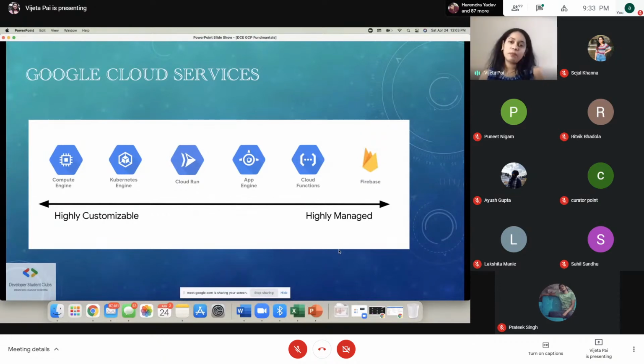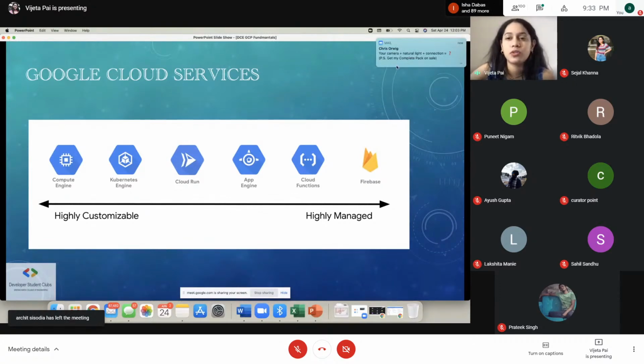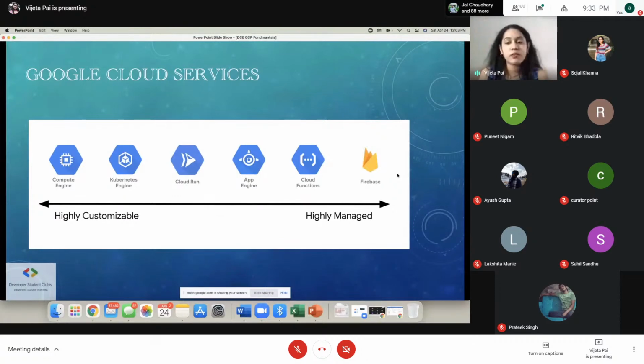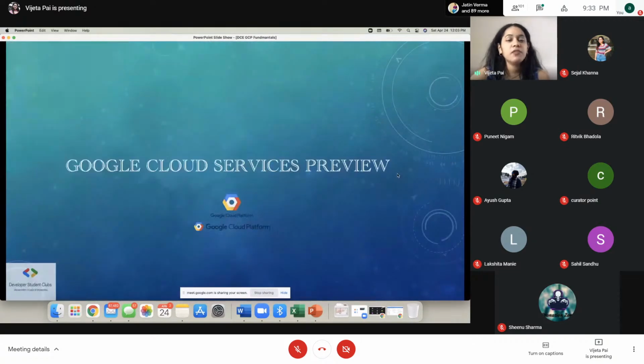But if you're just a developer and you don't want to waste a lot of time on choosing the region, the zone, and many other operating systems and everything, you can go for highly managed services where you just create a function, for example, in Cloud Functions, and you can do whatever you want to. So these are some of the Google Cloud services which you can explore more and more once you go into the console. I'll give you a bit of a preview for the Google Cloud services since we're talking about that right now.